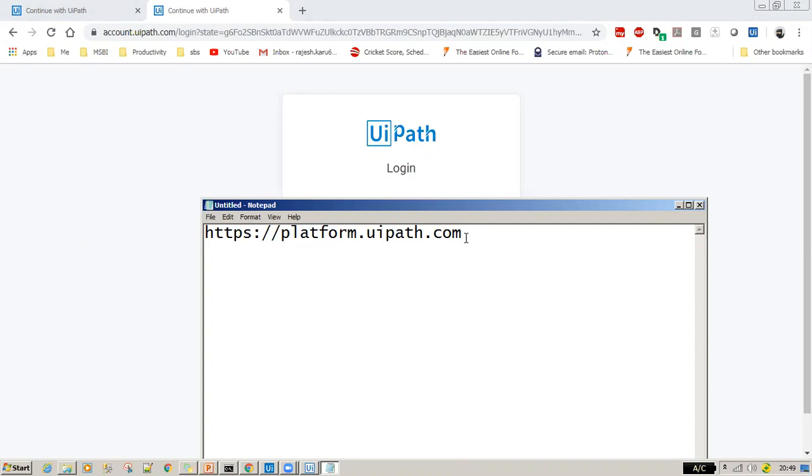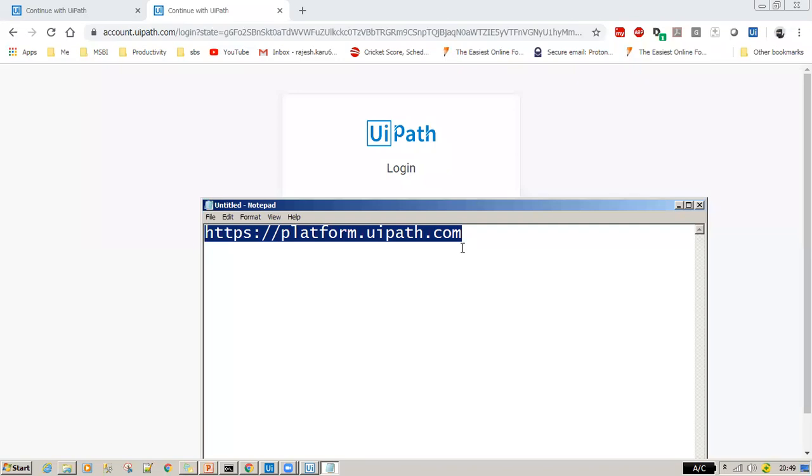Every organization, whenever they procure the license and have an enterprise edition, has a customized URL. Here, since this is a trial or evaluation version, you are shown the standardized URL, which is platform.uipath.com.